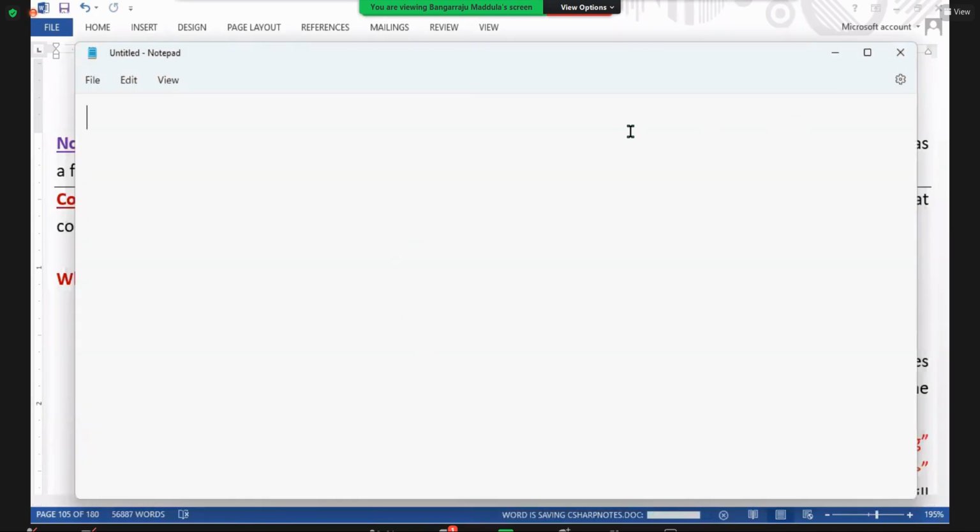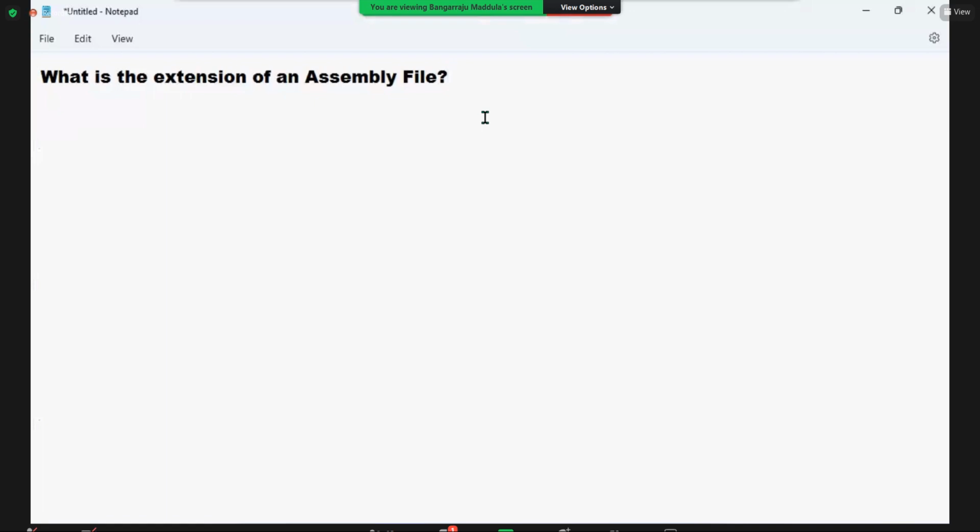What is the extension of an assembly file? Are you clear? Look at this carefully. What is the extension? The extension of an assembly file